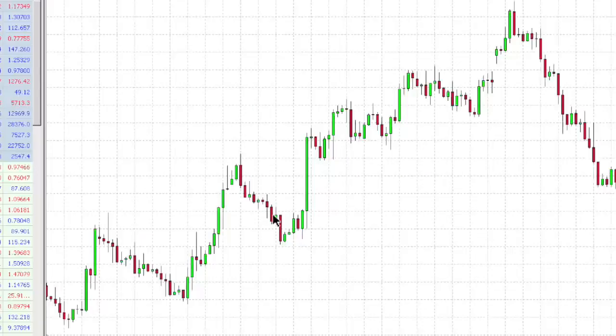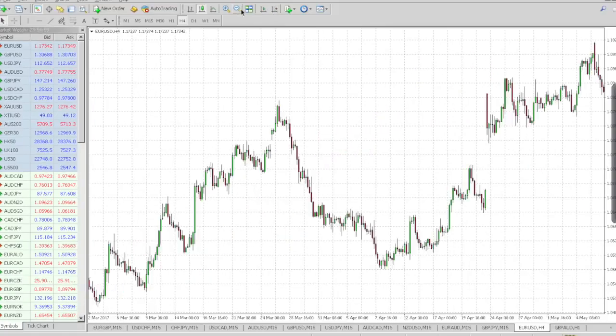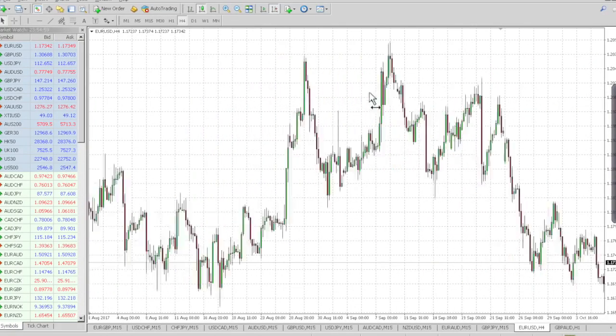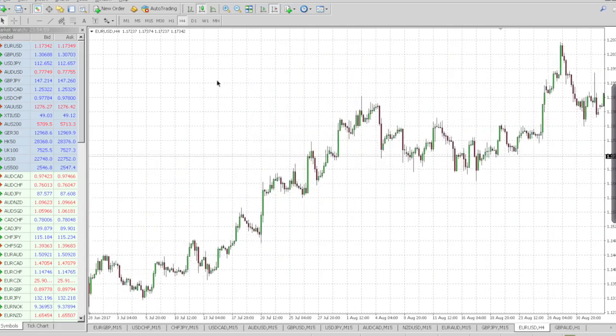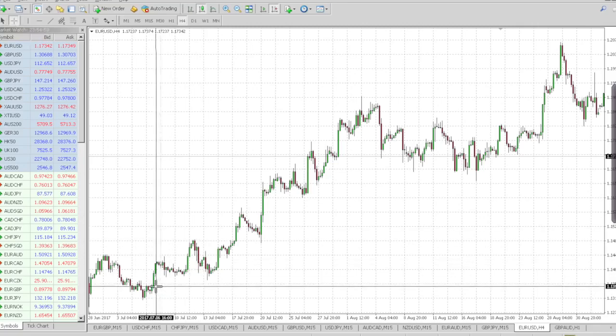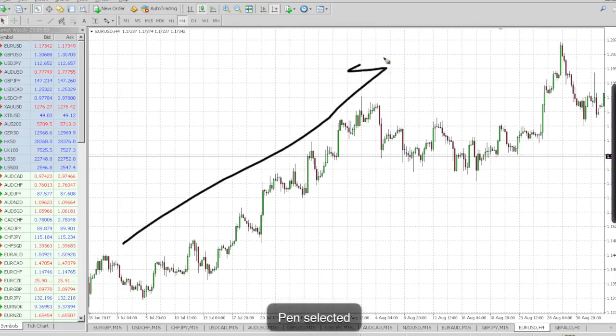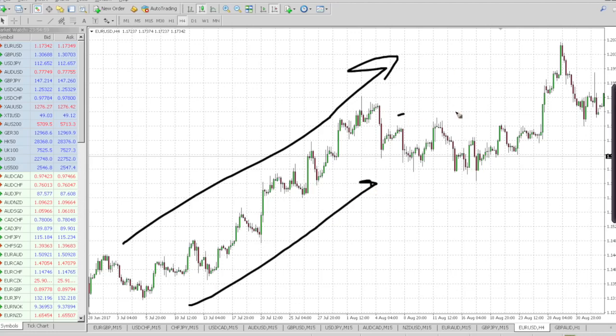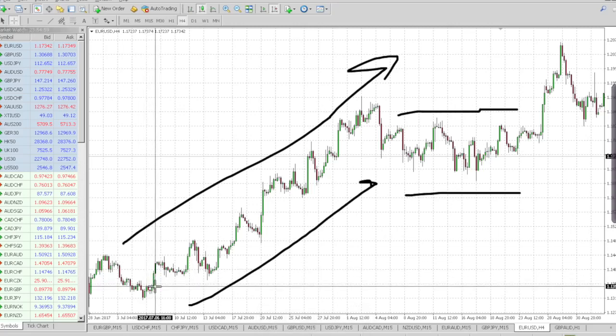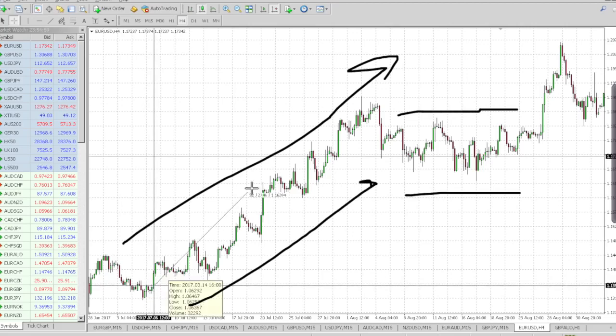4 hour candles, right? Where each candle represents 4 hours. So for a swing trader, they may take a slightly longer trade. For example, they may trade from here. I can see an uptrend. You can see this uptrend here, right? And then this consolidation going sideways. So they may take a trade. For example, they may buy somewhere here, okay, and maybe sell